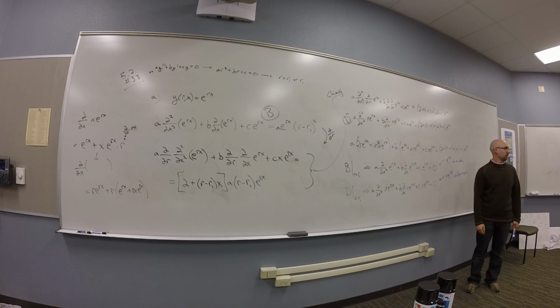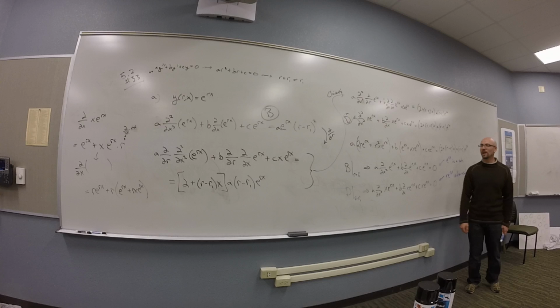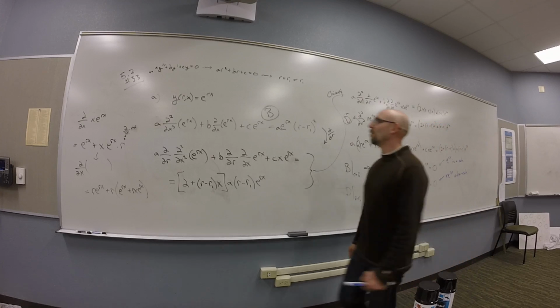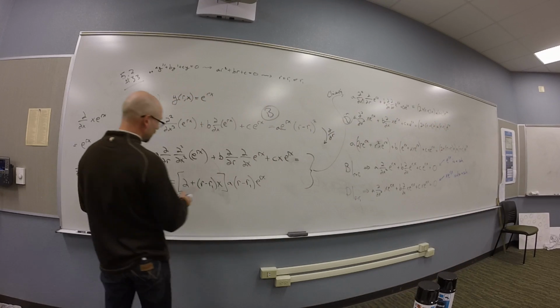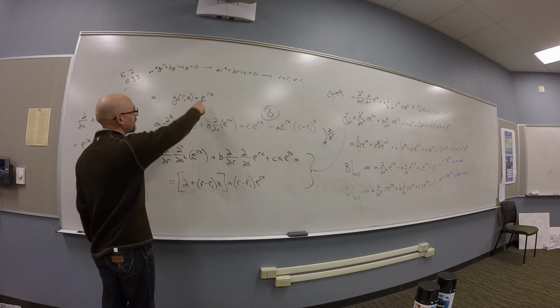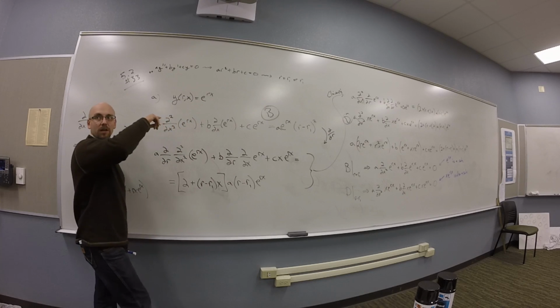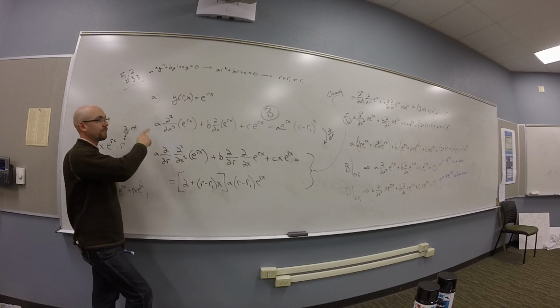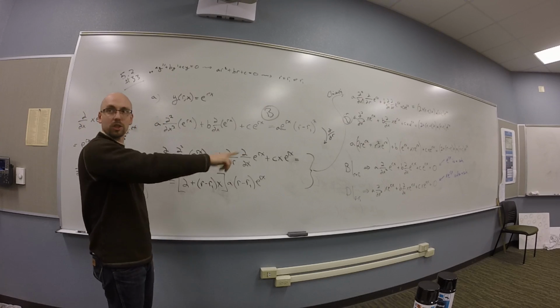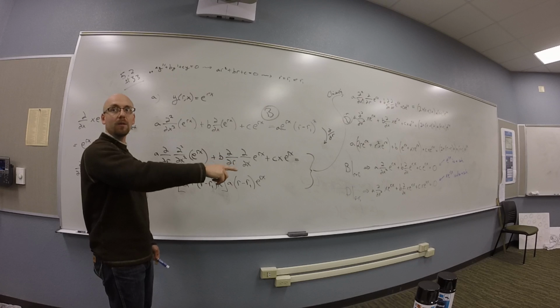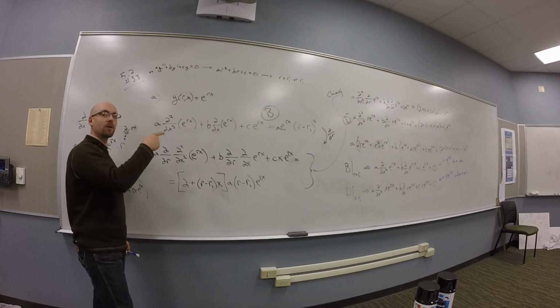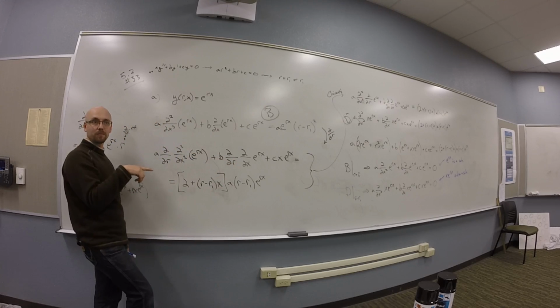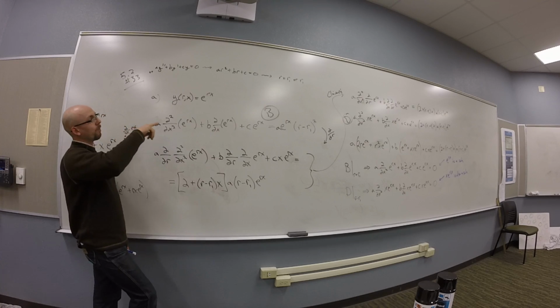So what did we do though, really? Yeah, what did we actually do? What we actually ended up doing was thinking about e to the rx as a function of two variables. And then we differentiated with respect to x first to see the solution we knew about. And then we thought, well, what if I differentiate that equation with respect to r? The reason you might do that is that when